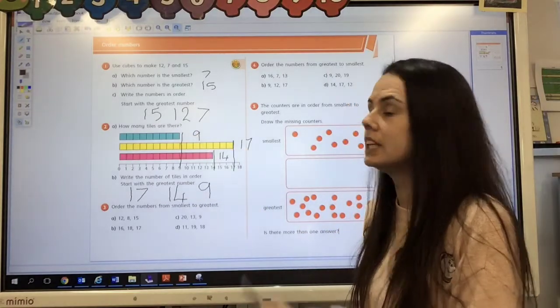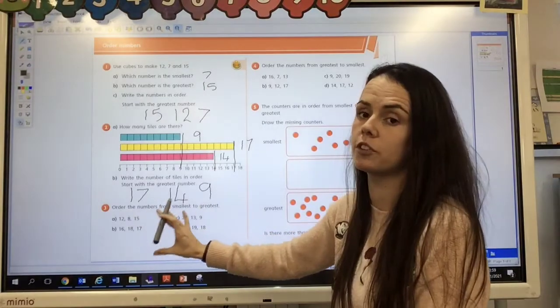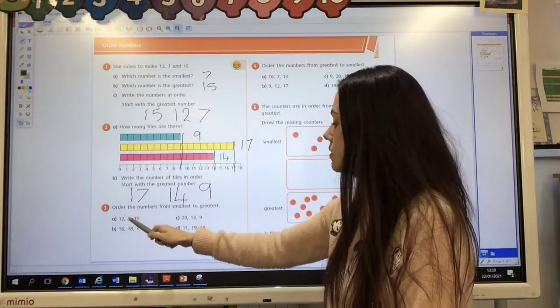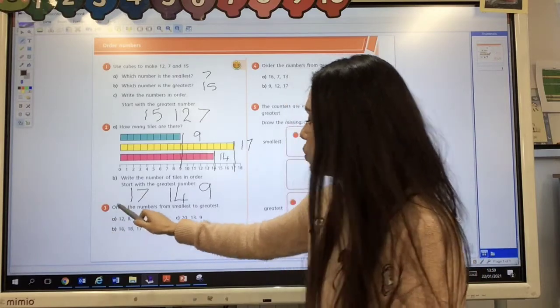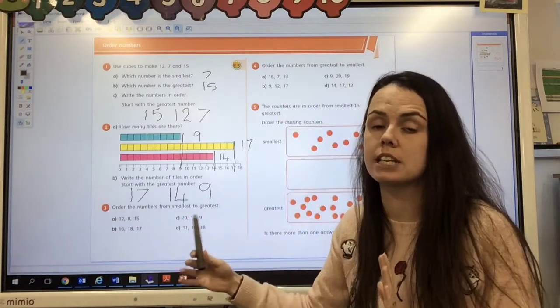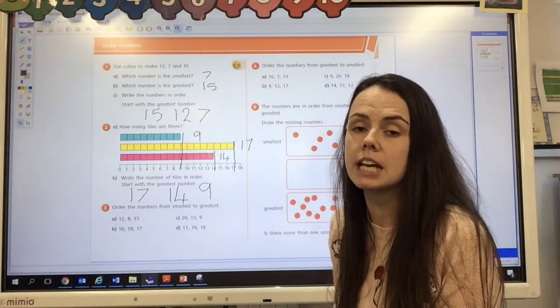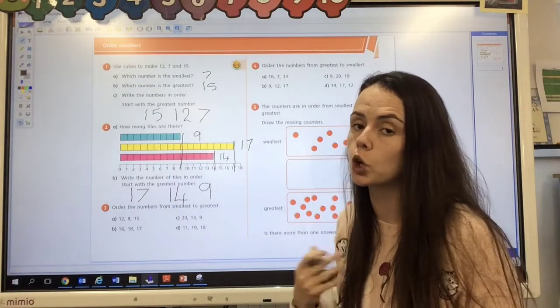Great work. Right, now we're looking at question number 3. Now question number 3 is in 4 different parts. First of all, it's question A, and it says order the numbers from smallest to greatest. So we're putting these in smallest to greatest. And what you might find is it easier to either have your numeric or your number line to help you